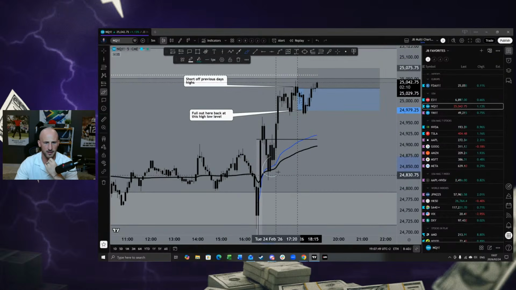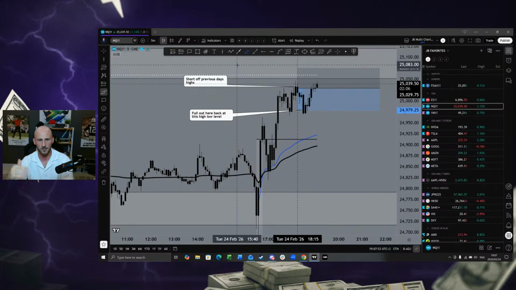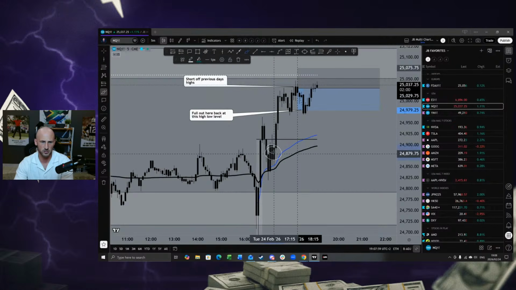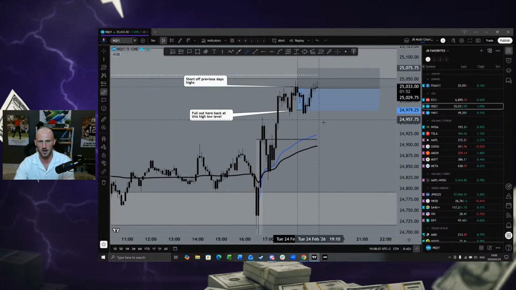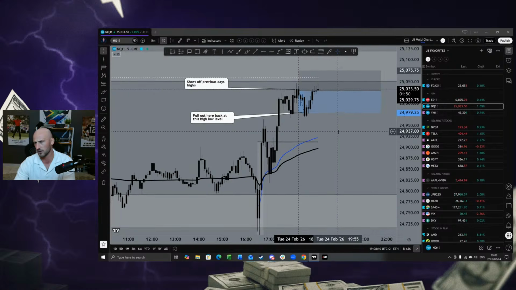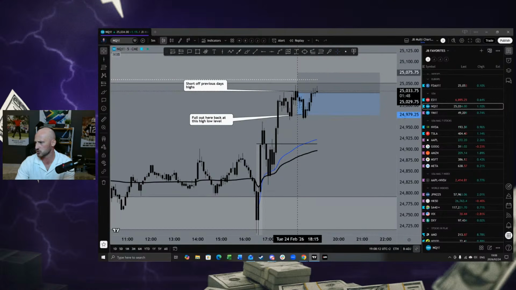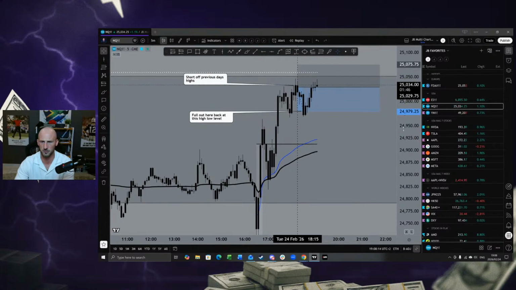We pull back into VWAP, which is that blue one, the New York Open VWAP. And then the daily VWAP is that black VWAP coming across my screen. I missed this potential long entry here at about 24,890, and then I would have probably got out somewhere in here, the 25K area. So a nice little 100-point mover that I missed. But I managed to grab the shorts on the way back down, so I'm more than happy with my execution.